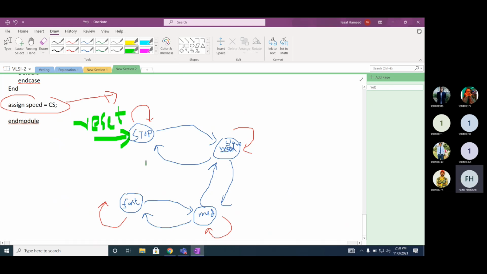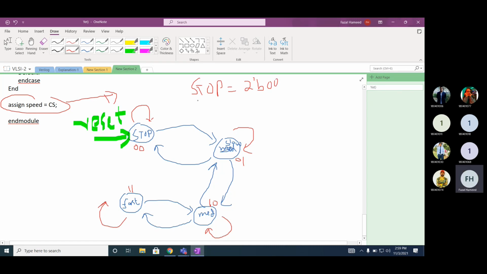Reset. So let's assume you make a state encoding of 0 0 here, 0 1 here, 1 0 here, and 1 1 here. What is the disadvantage of this encoding? What is the value of stop? 0 0.